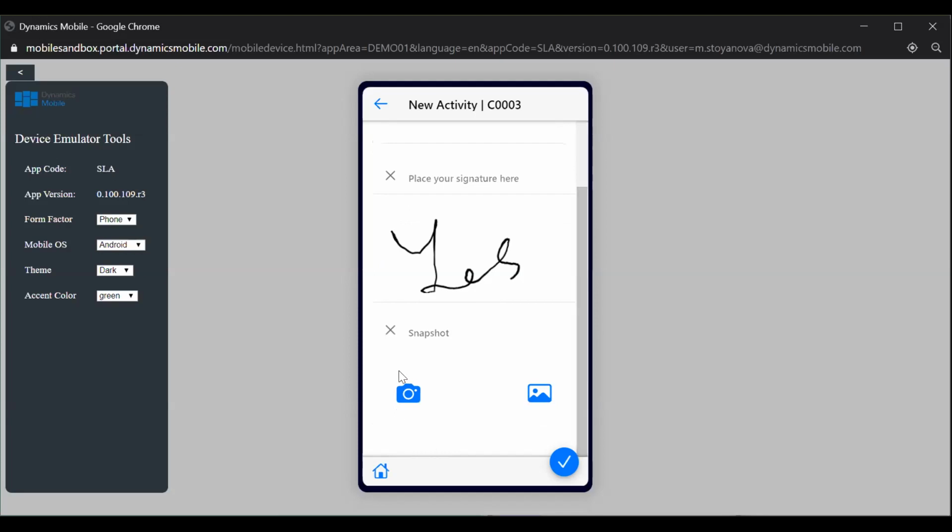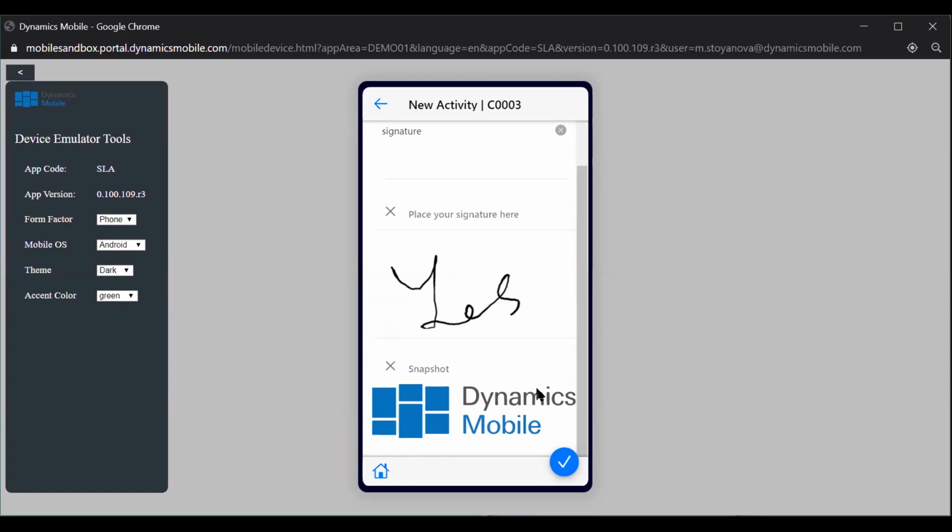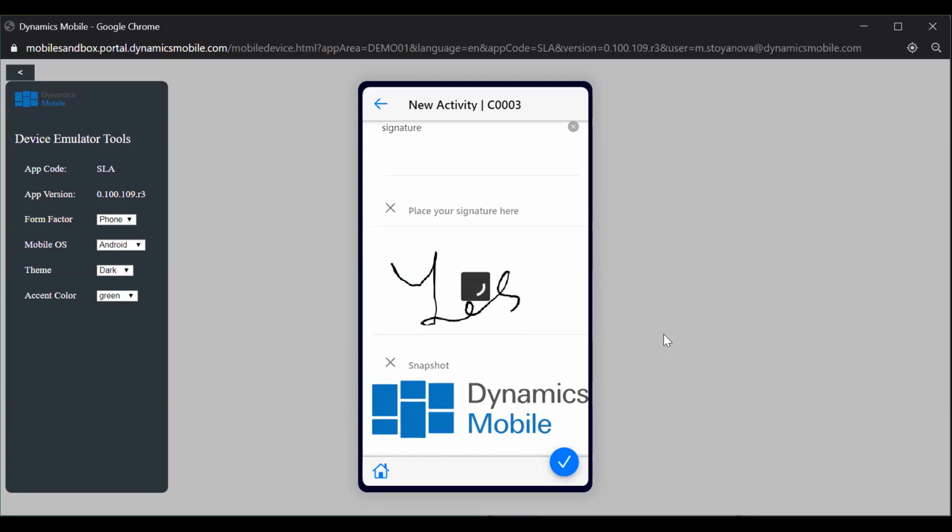And here we can either take a picture directly from the mobile device, or we can attach it from the gallery of the mobile device. In the management system, there is a setting that allows or not allows to attach pictures from the gallery. So this one can be enabled. Because it's an emulator, I'm going to use the snapshot in order to attach it and to finish this activity.